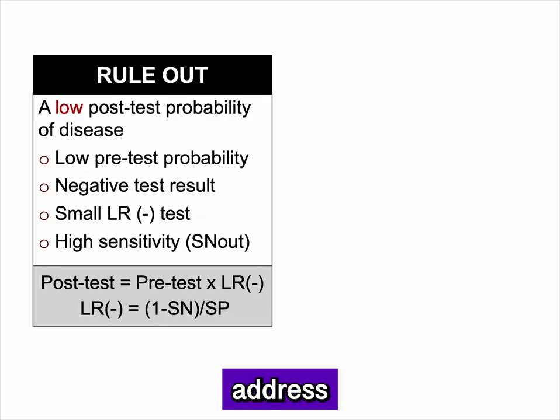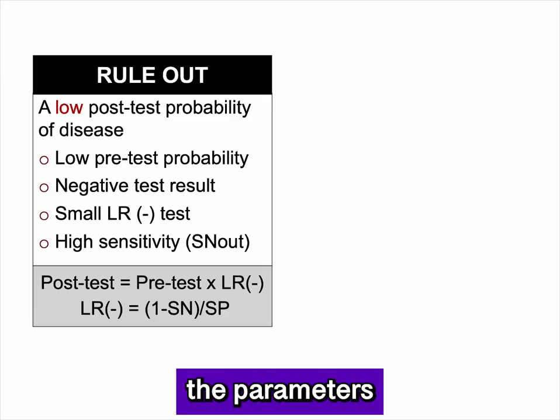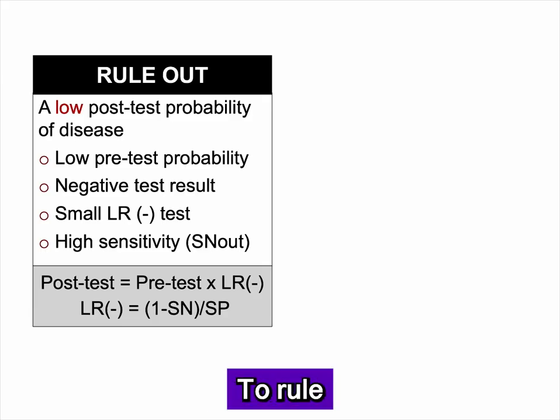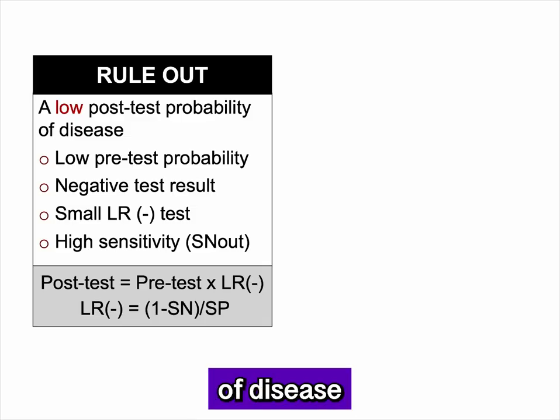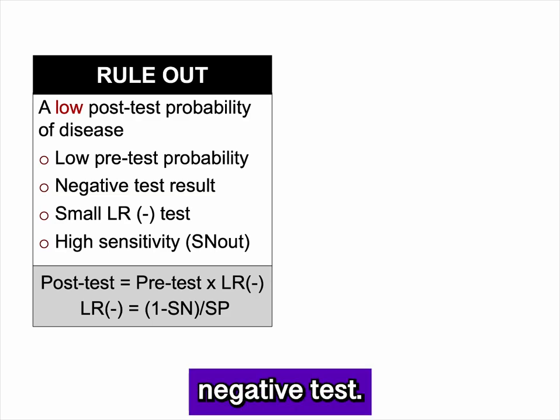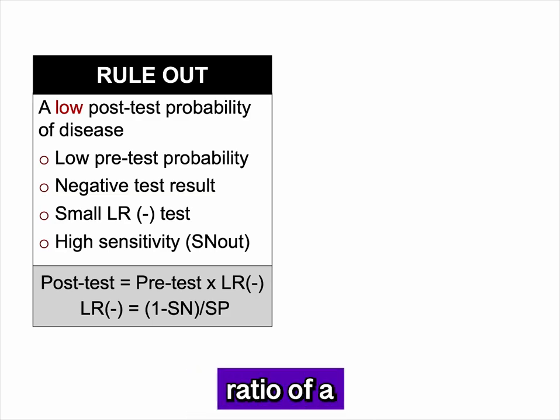The last thing I want to address is the process of ruling in and ruling out disease, and review the parameters that allow you to do this. To rule out disease, you would like a low post-test probability of disease. Post-test probability is equal to the pretest probability times the likelihood ratio. You can get a low post-test probability of disease with a low pretest probability, a negative test result, and a small likelihood ratio of a negative test. Small likelihood ratio of a negative test can be obtained with a high sensitivity, hence the term SNOUT for sensitivity,